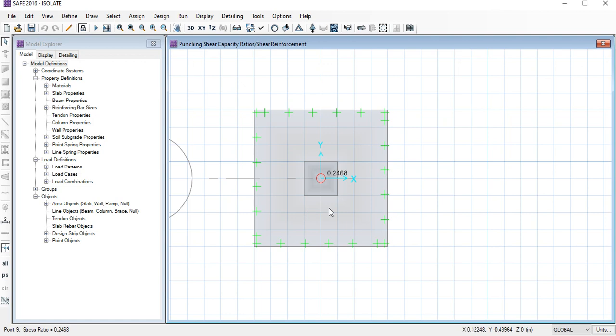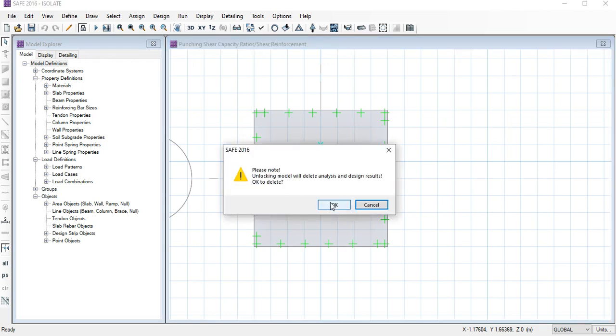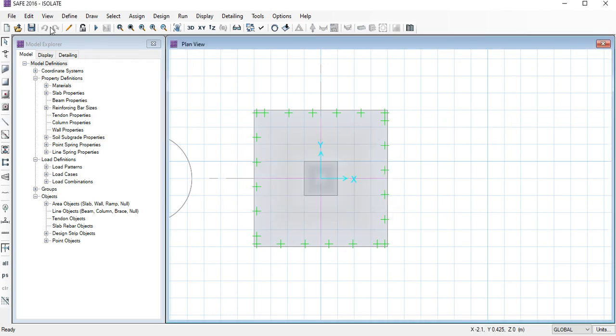But if you want to make it more economical, 0.24 is showing, so we can also go to 0.7, 0.8, 0.9; we can go up to that number. And how can we do that? You can do these things here. You can unlock the analysis, whatever analysis I have done.